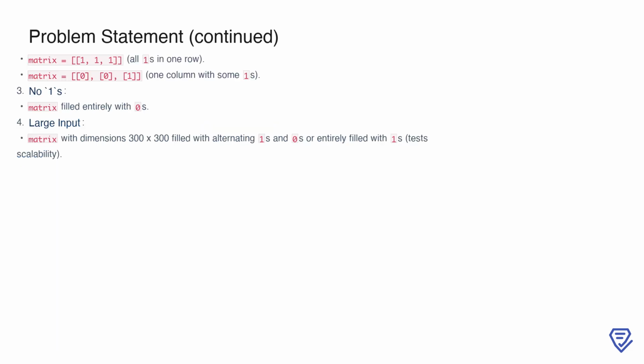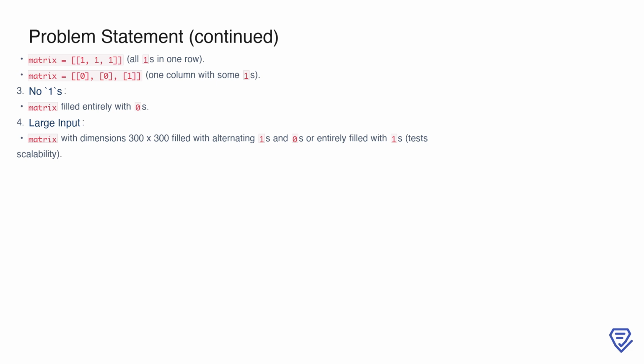Finally, let's look at the constraints and edge cases. The matrix can have up to 300 rows and columns, meaning it can contain up to 90,000 elements. This requires our solution to be efficient, ideally operating in O(m*n) time. Some edge cases to consider include the smallest inputs, such as a single-cell matrix with either a 1 or a 0,